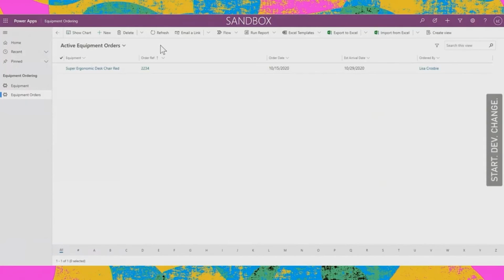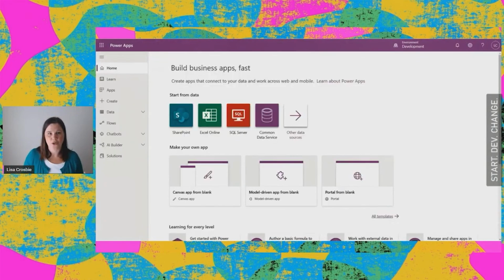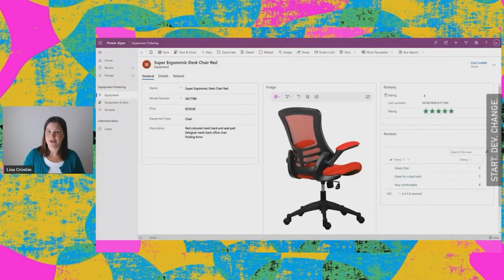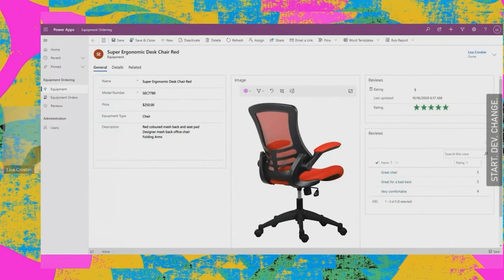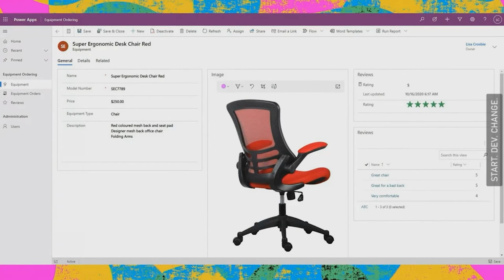All right, so that's what happens there. And then the next thing we see is that you can start to flesh out your app a little bit more than that if you want. So this is what I've done, beyond the 15-minute initial demo, but you can start to bring other things in here as well. For instance, this is now a fleshed out version of that equipment entity where I've brought in an image. I've put in a nice related thing about reviews. Maybe people internally are reviewing things. We can display that with a nice